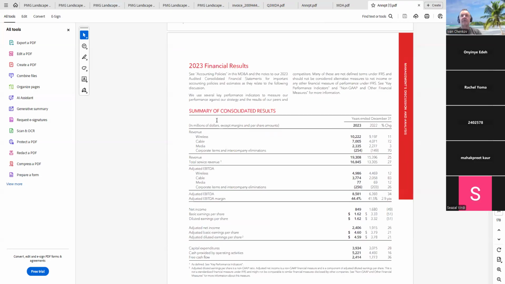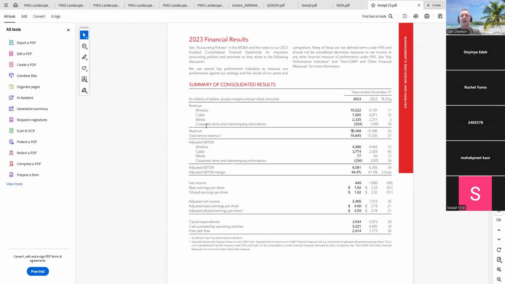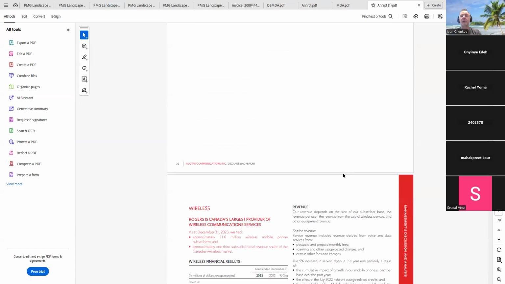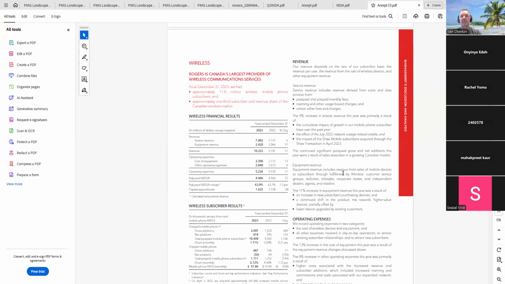And there you go. Now we have the summary of consolidated results, revenue by divisions, where the revenue comes from. That's 19,308 coming from wireless, cable, media, and the same. You have corporate items and intercompany eliminations. You have that amount to balance it. Adjusted income before interest, taxes, depreciation, amortization based on everybody. And if you keep going, you're going to start seeing more and more information